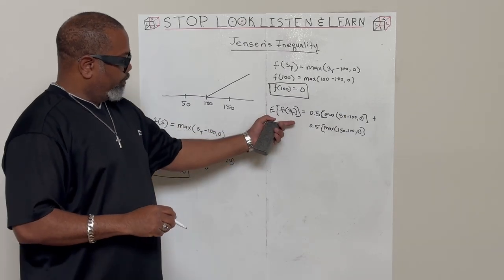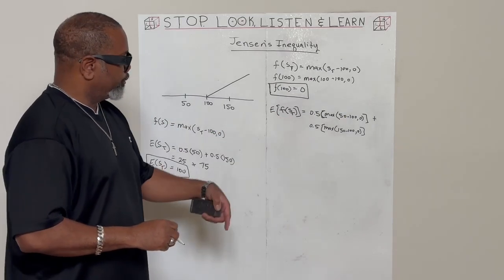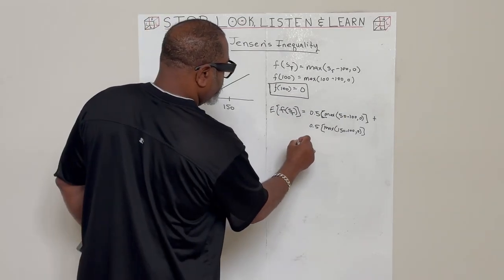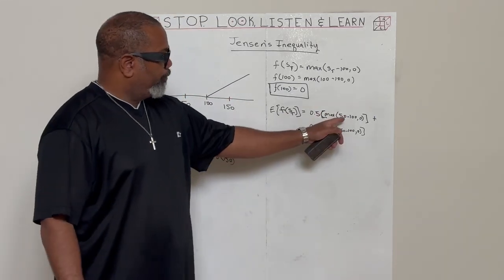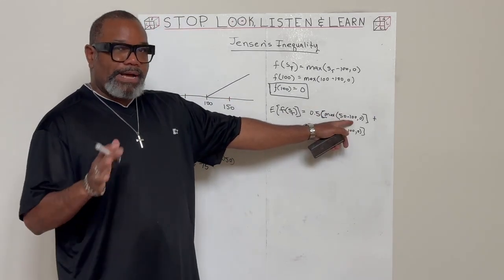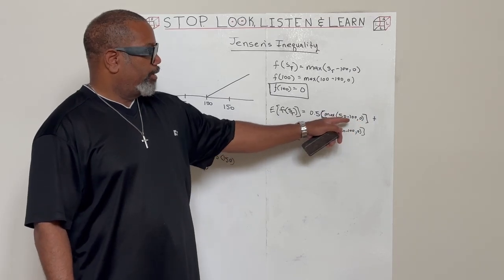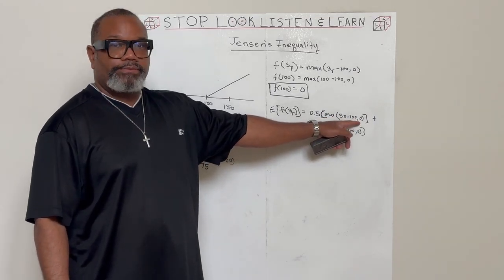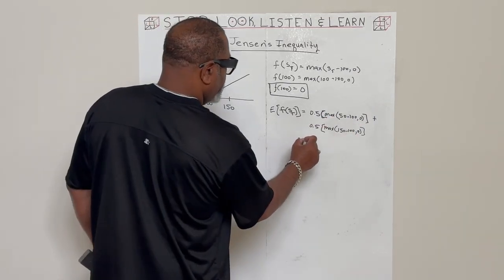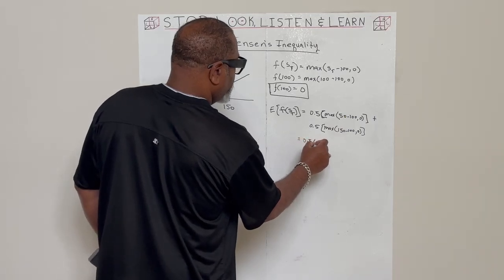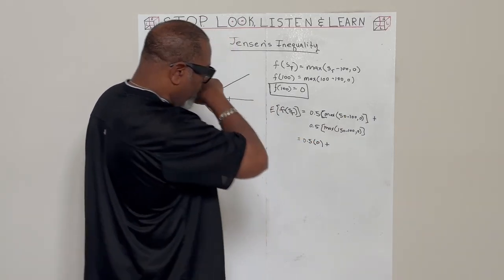So as you can see here, we're getting two values for the function. The first value is going to be 50 minus 100, which is minus 50. Compare that to 0 and pick the greater of the two. 0 is greater than minus 50, so this is going to be 0.5 times 0, plus